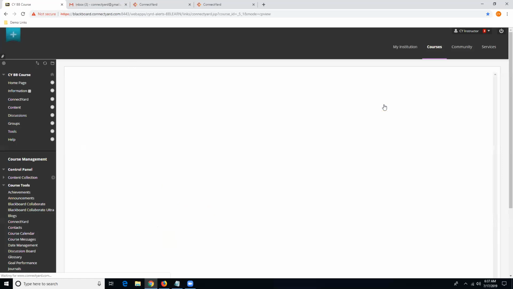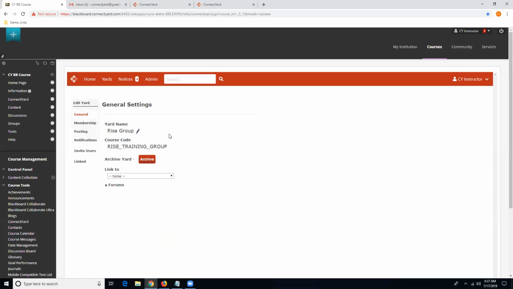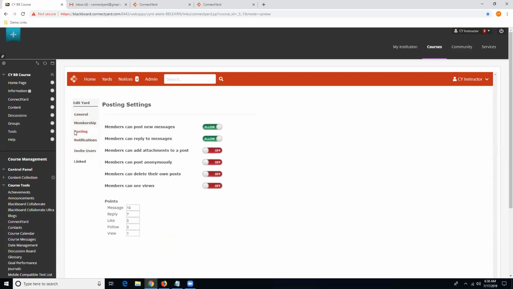So if I go edit group here, one of the things that I can do, besides just some general setup, is I can come into posting. And what this allows you to do is actually set up whether you want members to reply to your message. So if I turn this off, what that means is you can post a message, but users won't be able